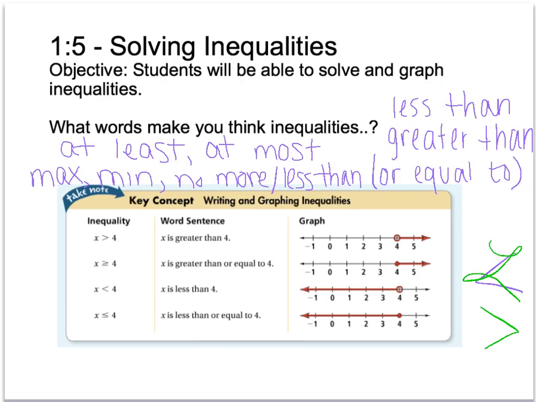When you're graphing these, notice that some have open circles and some have closed circles on the number line. How do we know whether we're going to use an open circle or a closed circle? What determines that? Corey? If it can be equal to the number. Then the circle is? Solid. Yes, exactly. So it is a closed circle